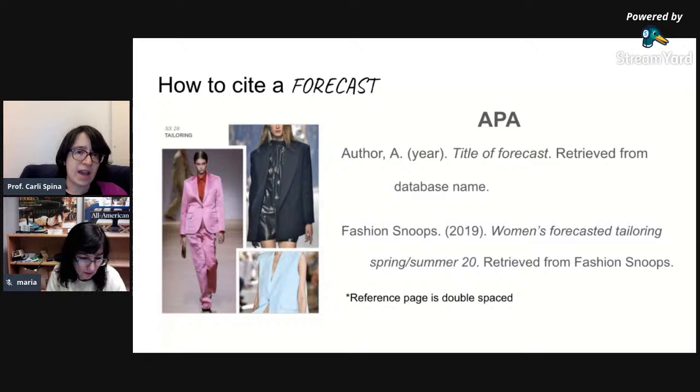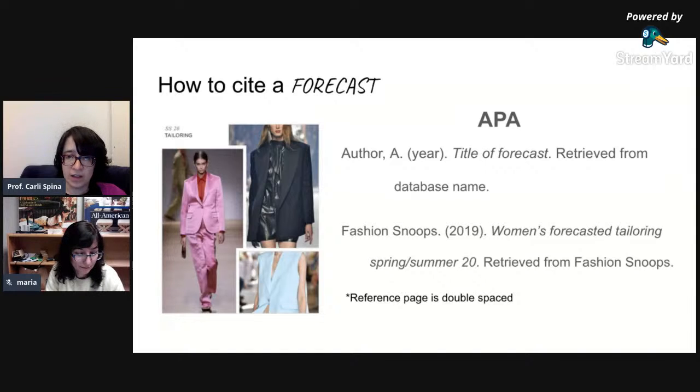So now let's start looking at how you cite some information in the different systems. We do a lot of trend forecasting, so let's start with how you would cite a forecast. As we can see here, in the APA style, you're going to start with the author, last name first. If it's a corporate author, you don't change the order of the pieces of the name. But if it is, say, George Washington, you would say Washington, comma, George. Then you put the year, and that would be the year that that particular forecasting item was published.